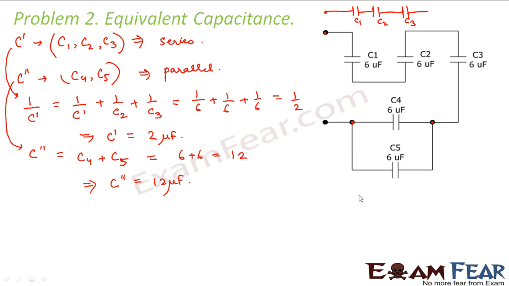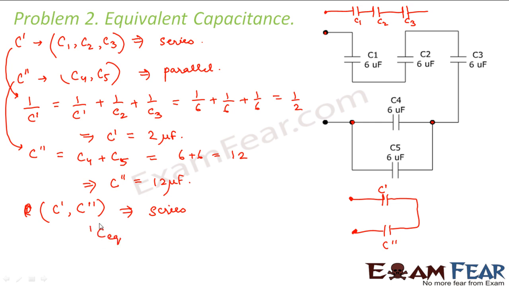Right? So now how will your circuit look like? This is your starting point and then you have C dash. Then you reach the other point and then you have C double dash. And this is your ending point. So this is almost similar to the same thing. You start at one point, one capacitor, then the next capacitor, then your terminating point. Therefore, C equivalent will be basically C dash and C double dash making a series combination.